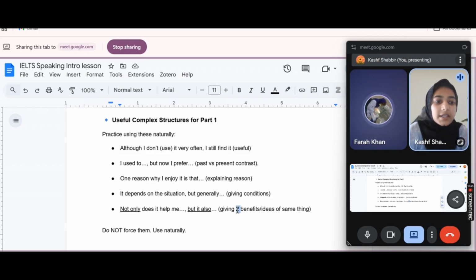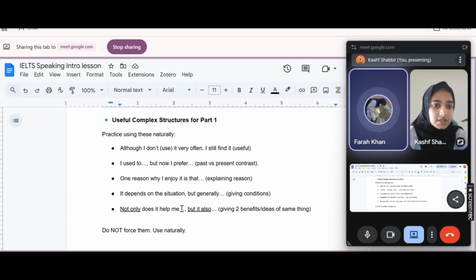For example, earlier you mentioned that yes, I like cooking sometimes because it's therapeutic and it's relaxing for you. Now you are giving the two benefits of cooking. So here you can change your sentence structure. You can say, not only does it help me, can you try? Not only does it help me to